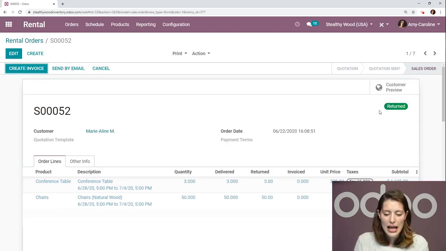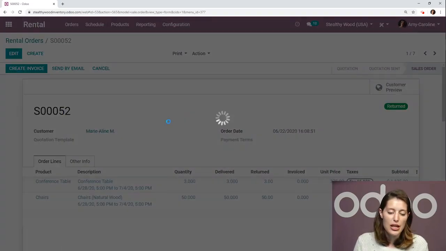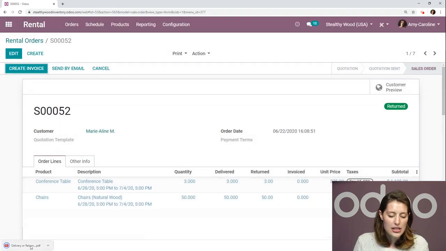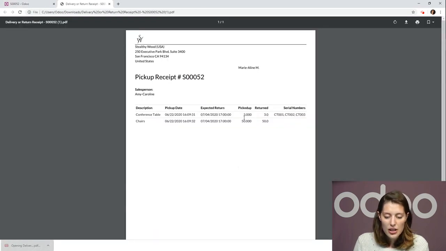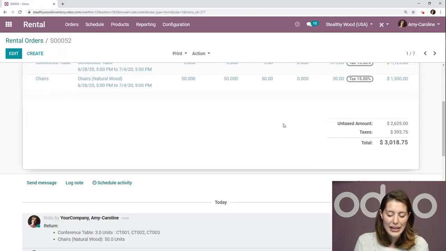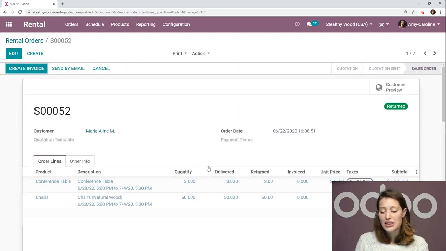All right, we see it has now been returned. We, of course, can print that receipt once again, and we're going to see the returned number has been updated. And, of course, it will be noted in the chatter. So it's super, super easy to keep track of your rentals with